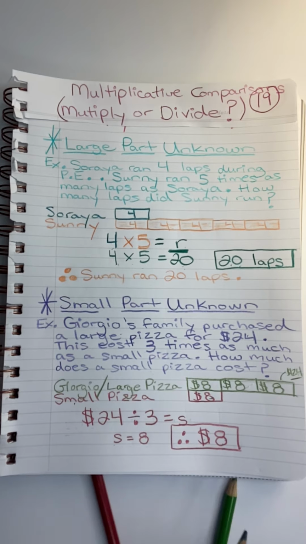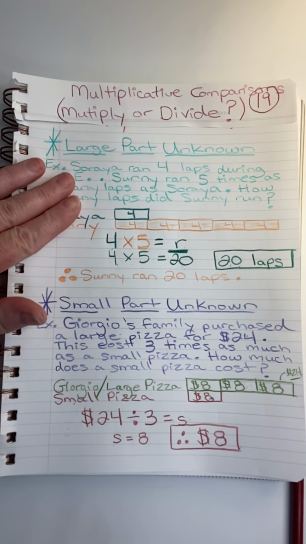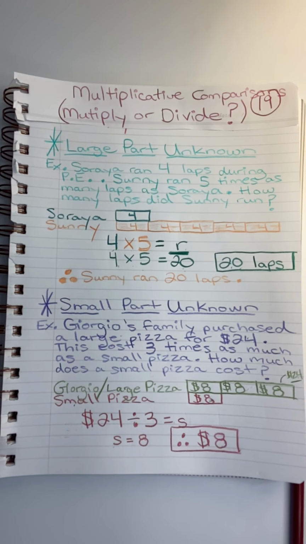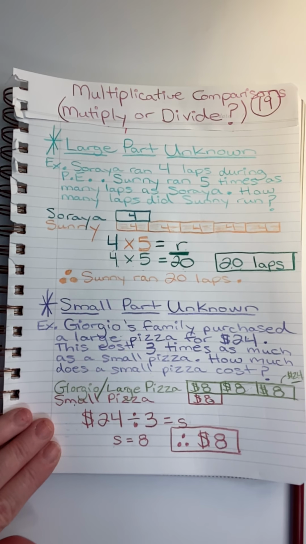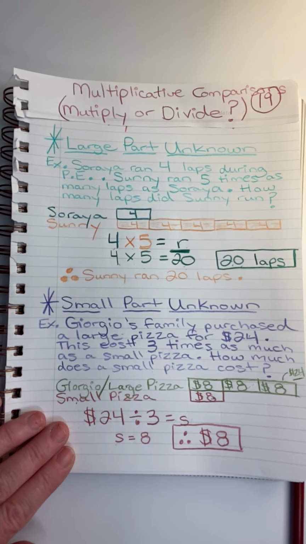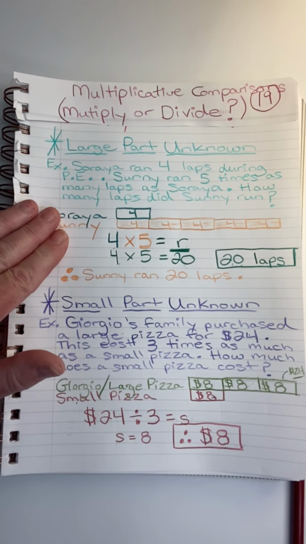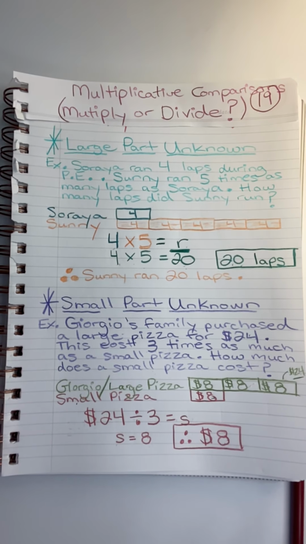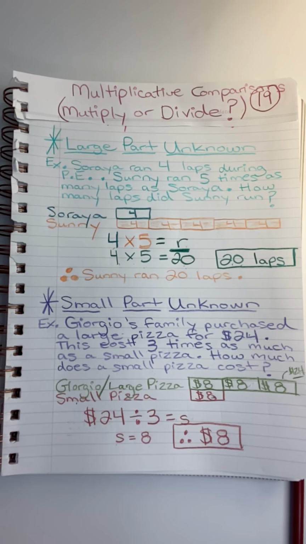So not always, but typically, if the large part is unknown, multiplication is frequently your best bet. And if your small part is unknown in a problem, division is typically your best bet. But either way, you can represent the problem as multiplicative comparison with a comparison bar. So I hope this helps you understand comparisons a little bit better, and I hope that this will help you